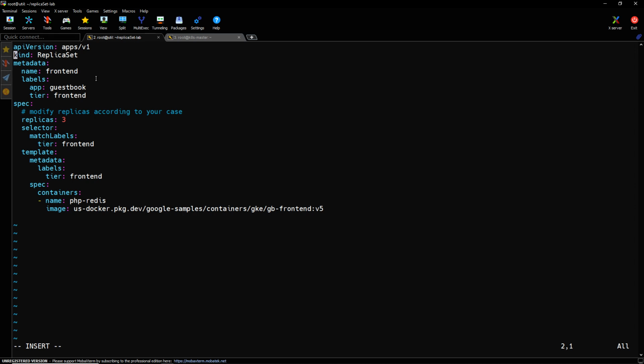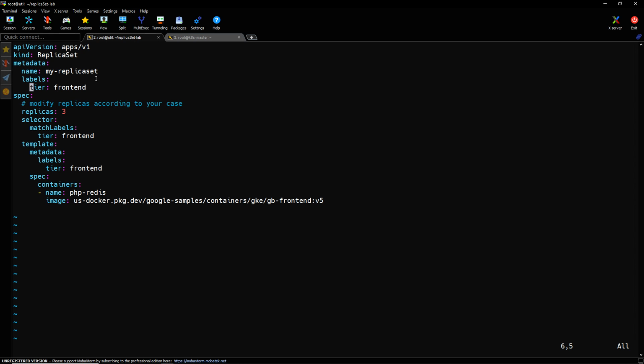So here the API version is apps/v1 and the kind is ReplicaSet, and under metadata, this is the replica set name. Okay, so here I'm going to give a name for the replica set. Let's say myreplicaset. Okay, and next there are labels. So I'm just going to keep one. Okay, so tier: frontend,